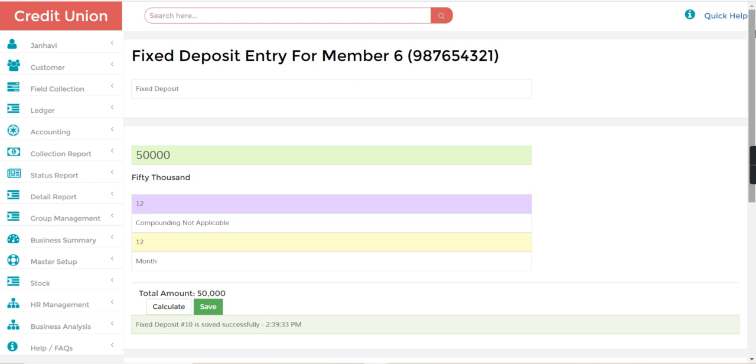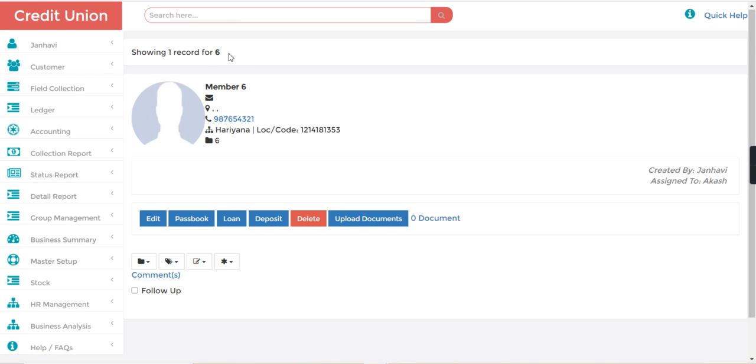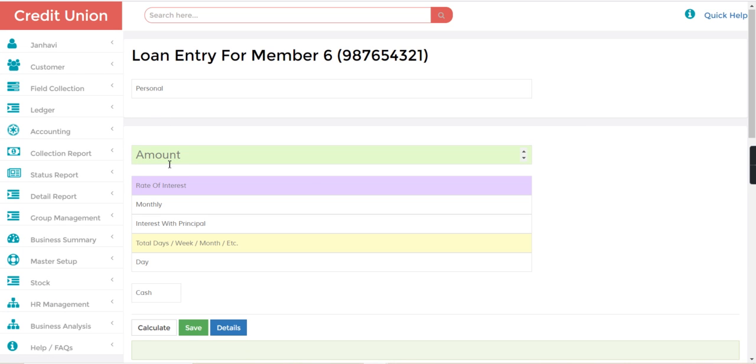After that I will search F-6 from the search bar. From here you can see this member, after a certain period, can apply for the loan. From the loan I will go to, let's take, a personal loan.